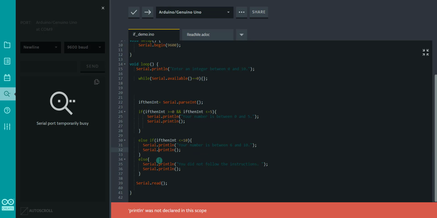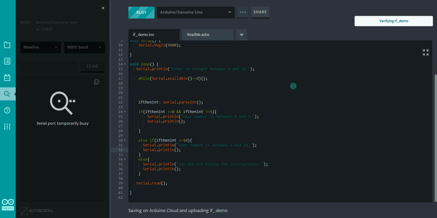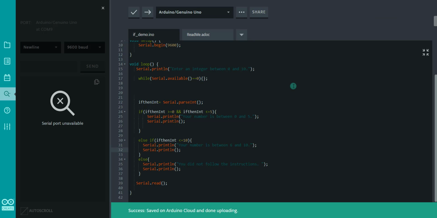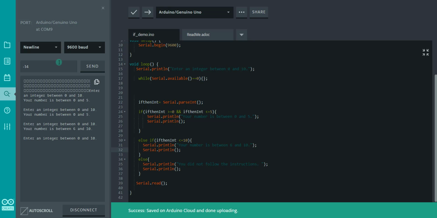I have a comma instead of a period there. Enter a negative number. A flaw in the logic. So I lied before, well, no, I actually told the truth, but what I forgot to remember is that numbers like -14 will fail this test, but will pass this one. So we also have to include